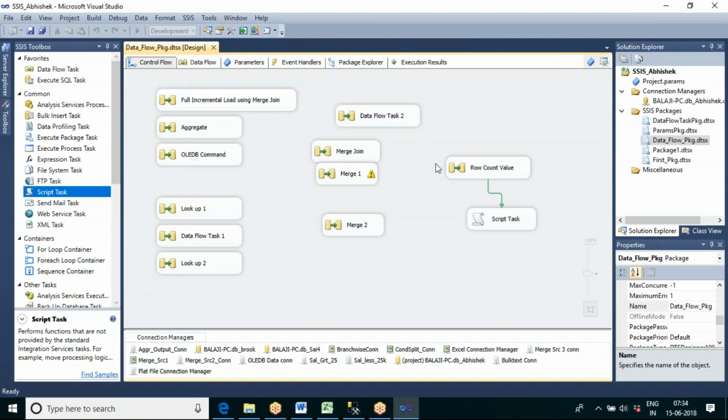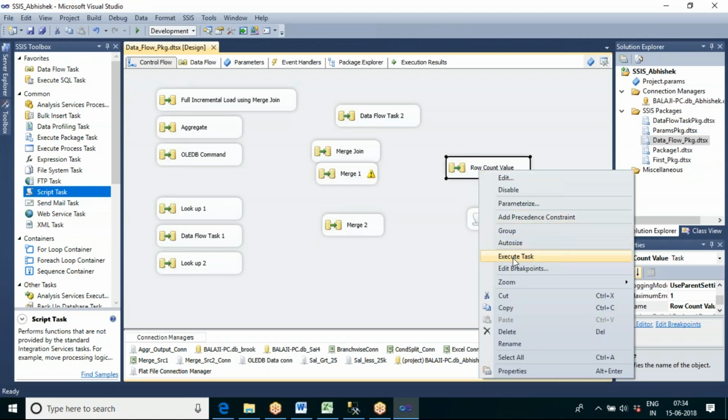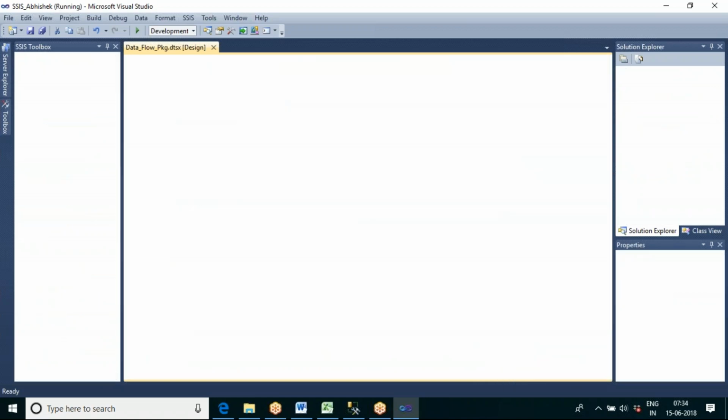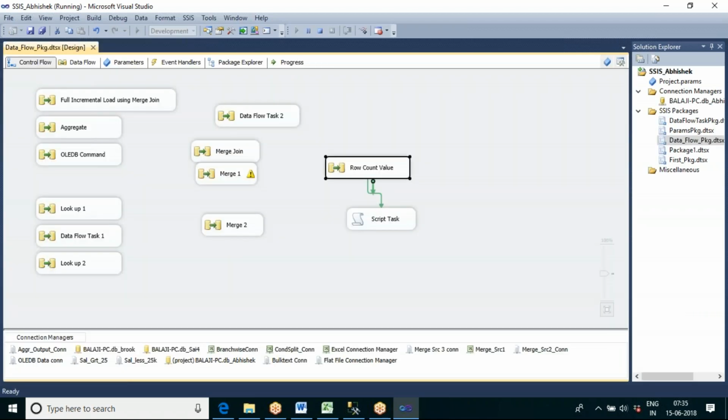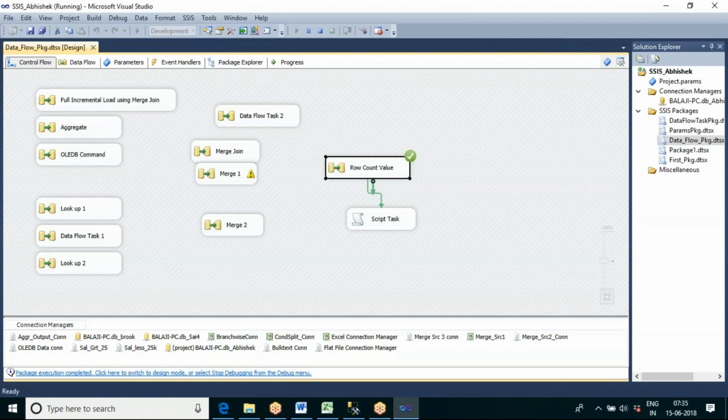Then what we can do is, if I execute this task alone, what will happen? It will execute only this task. If I try to execute that particular task, it will just execute that task and it won't continue with the next one. Why? Because we have told it to only execute that particular task. You can see here, it executes that particular task and stops the execution. But you want these two to get executed, no?